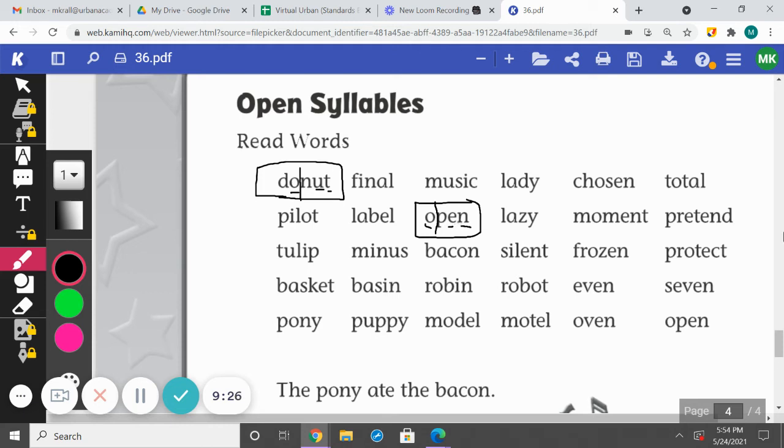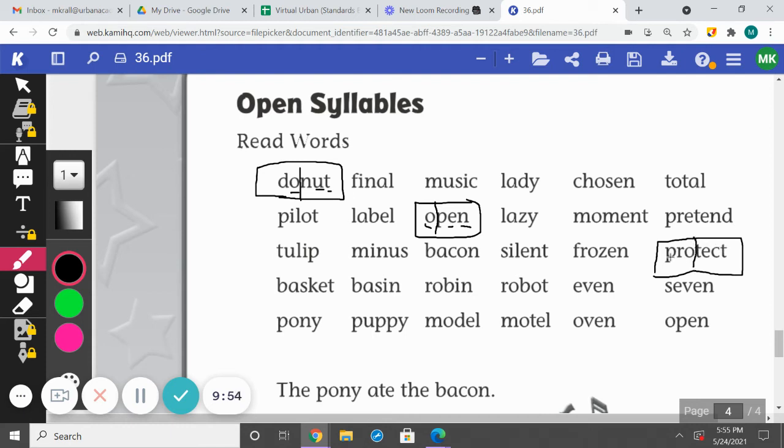Let's go ahead and look at this one. We'll do a couple more. So we have protect. Protect. Go ahead and yell it. How many syllables is protect? 2. Good. Now take your finger. Where's that line? Where's that magic line? Yeah, protect. Should be right